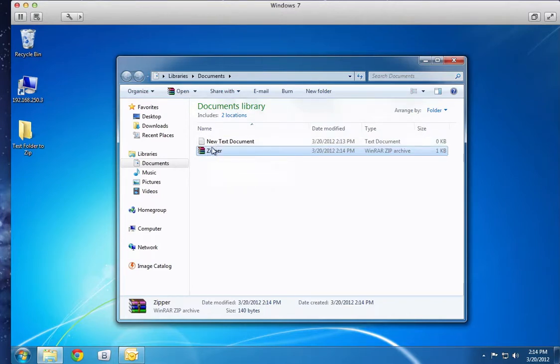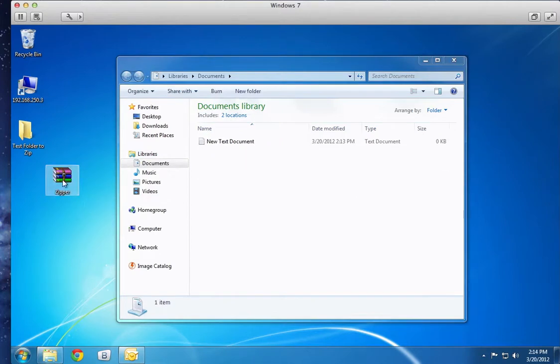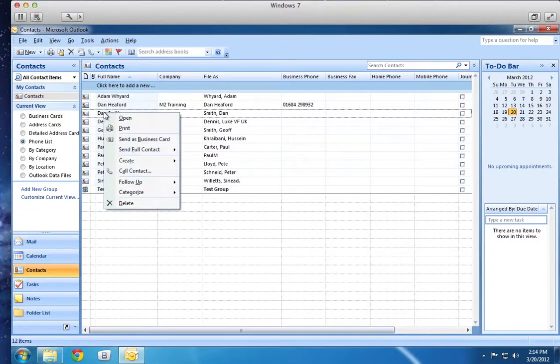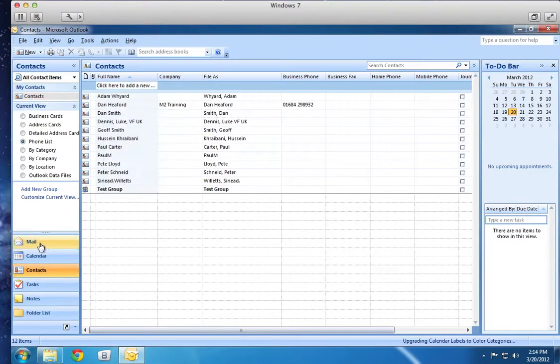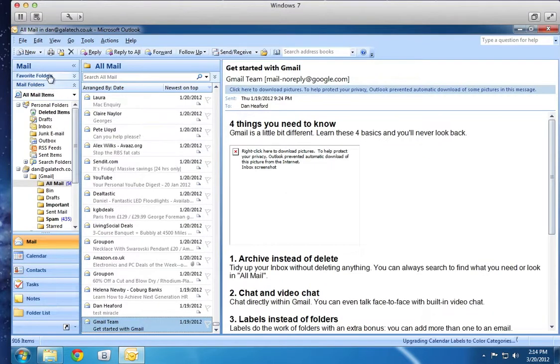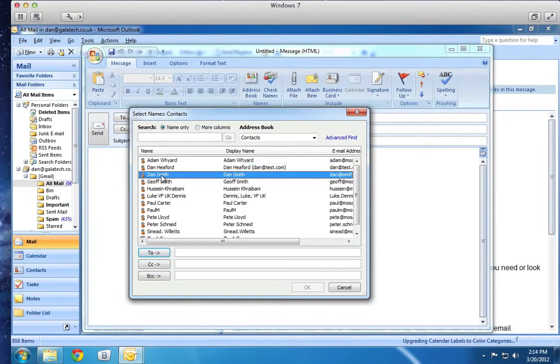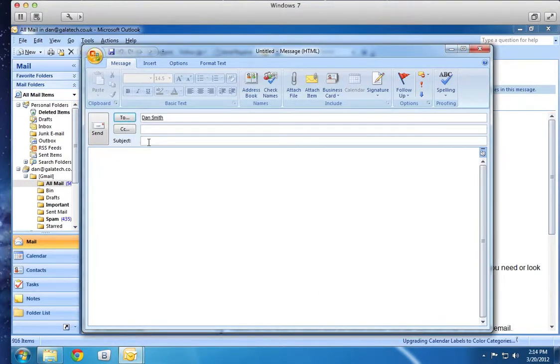So now let's attach this zip to an email. I'll just put it on the desktop so it's nice and easy to find. So I'm going to be in the new email program, and let's say I want to send one to this person here, Dan Smith. So I'm simply going to go into mail, and I'm going to choose new. I'm going to press the To button, choose Dan Smith, press To again, choose OK,